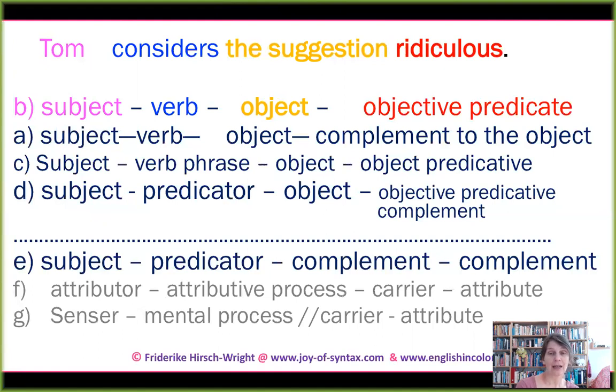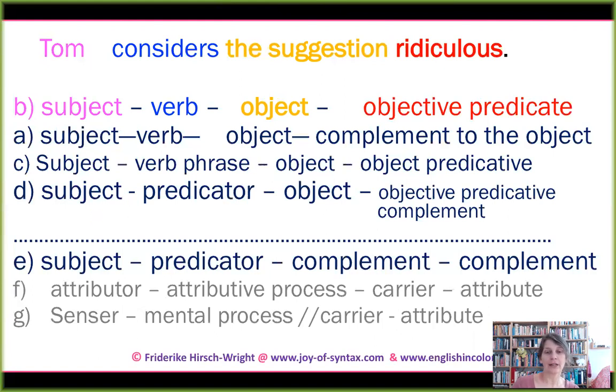Attributive process, carrier, and attribute is one version of looking at it, and the other one is that the censor has a mental process, considering something is a mental process, and what he is considering is that the suggestion is ridiculous. So in the sentence, the suggestion is ridiculous, we would have carrier, attributive process and attribute, and then now